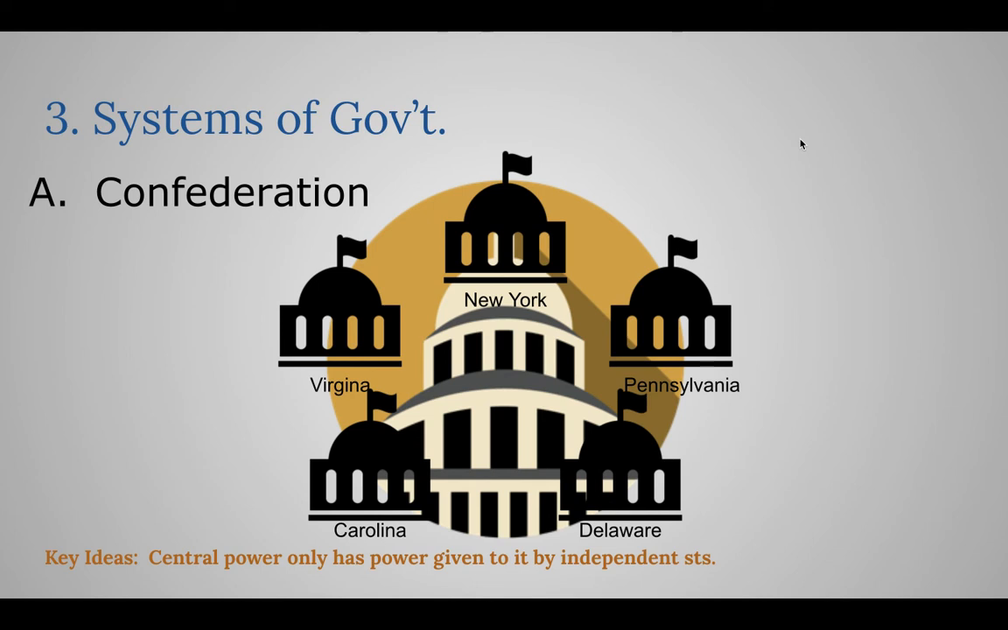Couple of different systems of government that I want you to know about. The systems of government are based on how the governmental bodies share power. So the first one here is a confederation. So this is an alliance of independent states where the central organization has only the power that's given to it by the independent states. Okay, the central government, the central organization is subordinate to the states and can only act